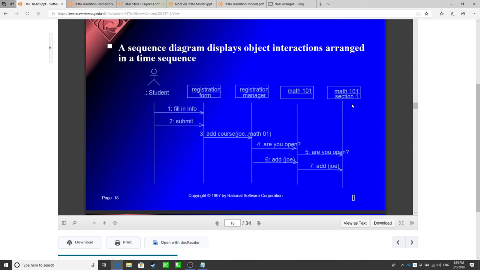And then the registration form called the add course function from the registration manager, and it passes the parameters of Joe, which is the name of the student, and the course he wanted to enroll. Alright, so it's Joe, Math 101. And then the registration manager,